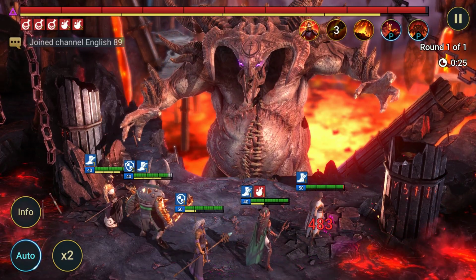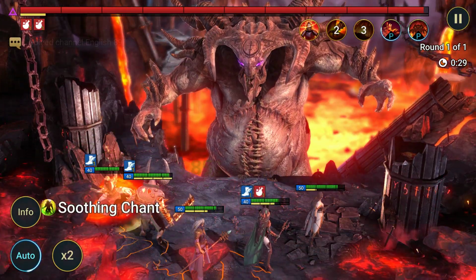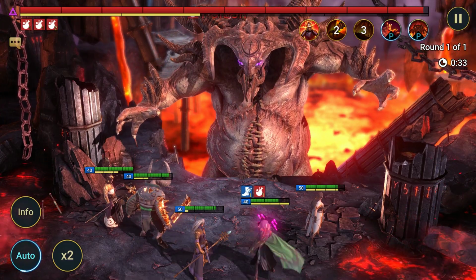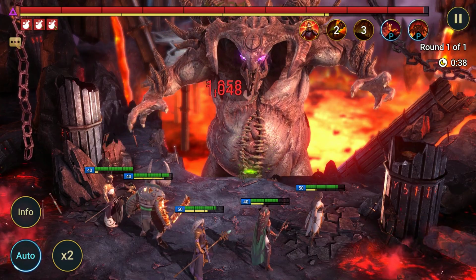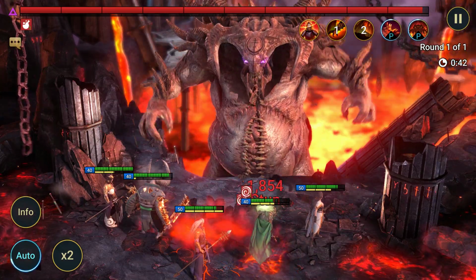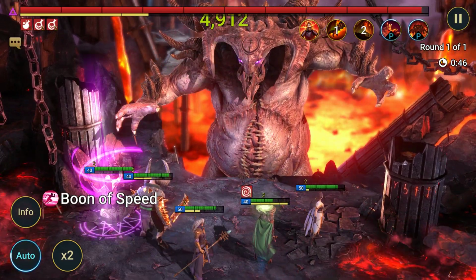I don't even bother controlling the team. I just have it on full auto, and on full auto my team and my lineup should deal anywhere in between 1.1 million damage to 1.4 million damage to the boss, which is well above what I need to get the chest. It does also give you a bit of an understanding of the boss mechanics and how it works,